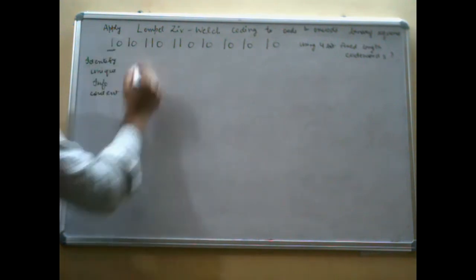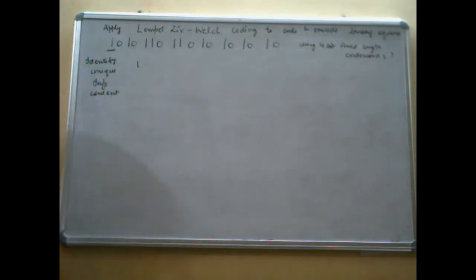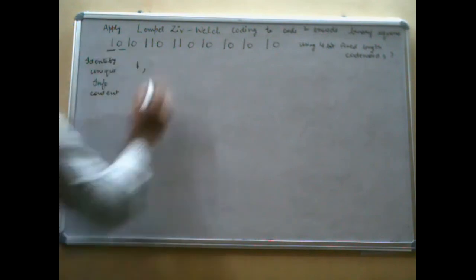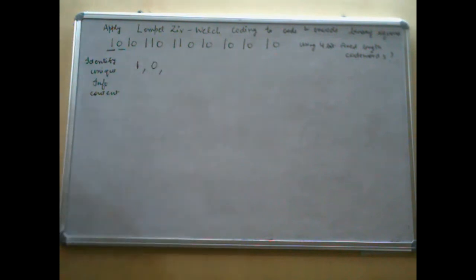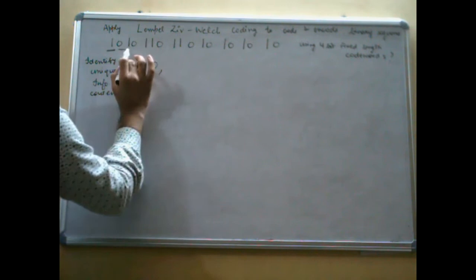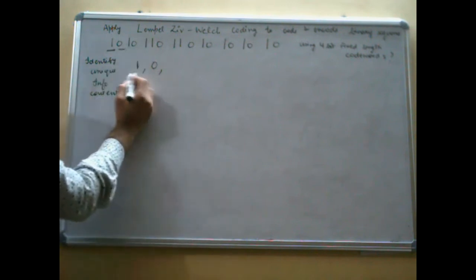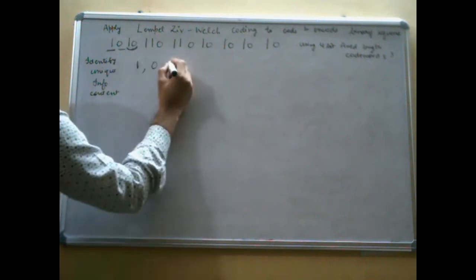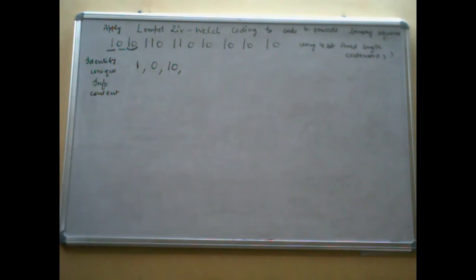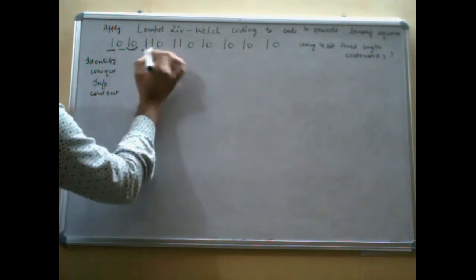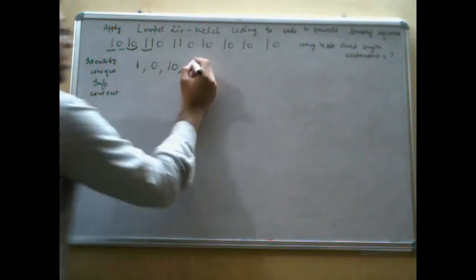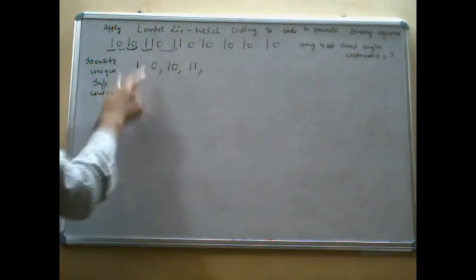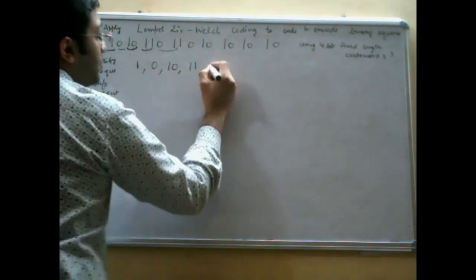First symbol that you encounter is 1. So 1 is a new information for me. I write down 1 over here, comma. Then comes 0. 0 is a new information not previously encountered. Then the third symbol is again 1, but 1 I have already taken. So instead of taking only one value, I will take two values. 1 0 is a new code for me. Then 1 I have taken, I will take the pair 1 1. 1 1 is not taken, so I will take 1 1 over here. Then comes 0. 0 alone has been taken, so I will take 0 1.